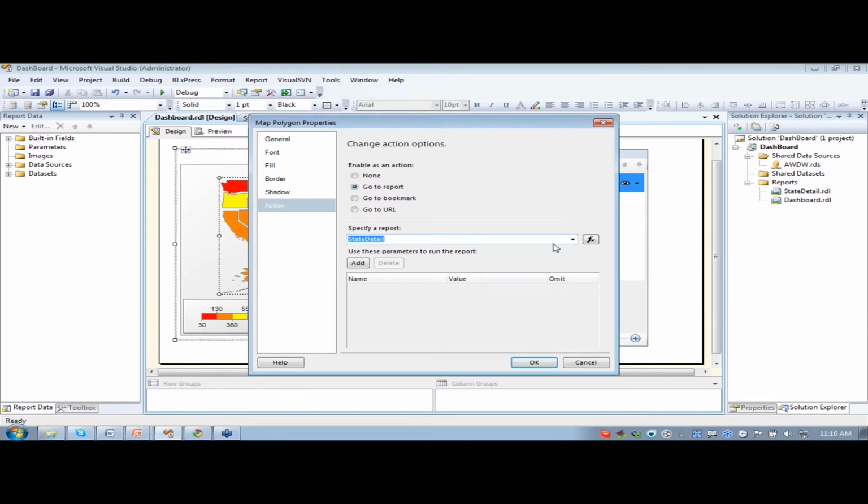All right. So in order to link these together, it's going to use a parameter. So this next section, use these parameters to run the report. You'll want to say Add, and then select the proper parameter from the dropdown. So we're going to look for the state. It's detecting the parameter that's in this report. And then you also want to choose the proper value, which in this case is, where did it go? Let's scroll down a little bit. State, province, name. So this is what we want right here. Right, so if we click OK,